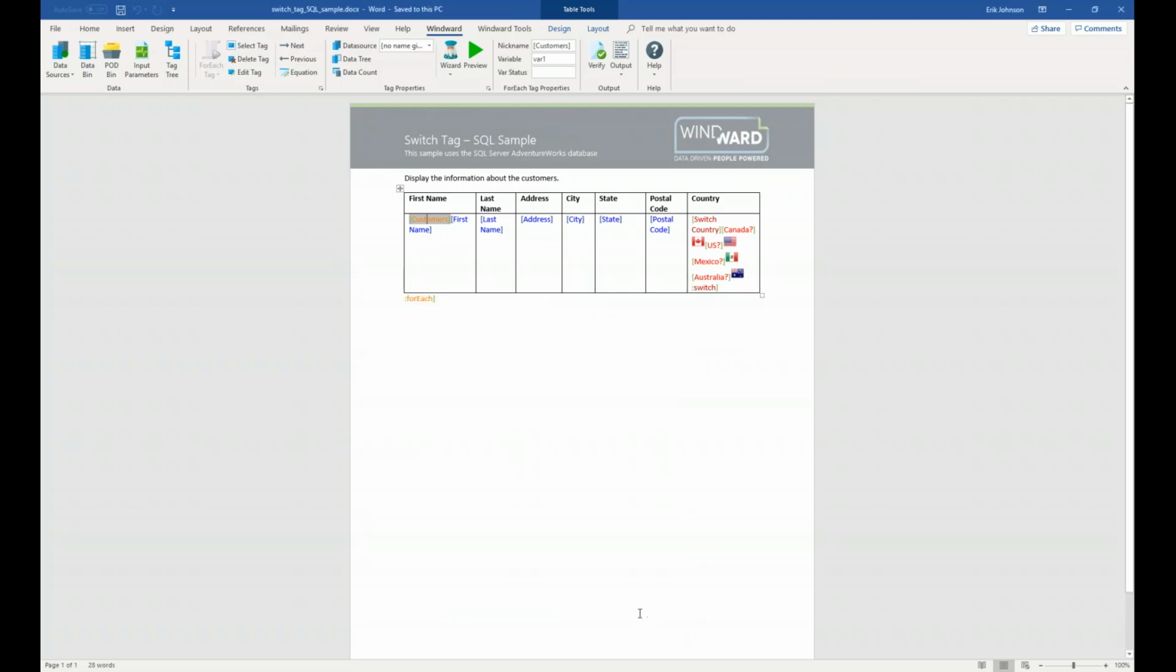All right. Next to the customer for each loop, we're just going to display a bunch of data and alt tags. We'll display the first name, the last name, the address, the city, the state, the postal code. And then when we get over to this country column, this is where we're going to be talking about the switch case tags. And all the switch tag does is it just tells Designer when to start evaluating the case